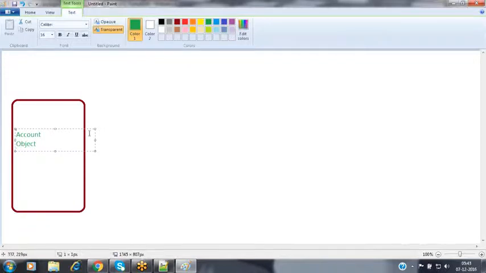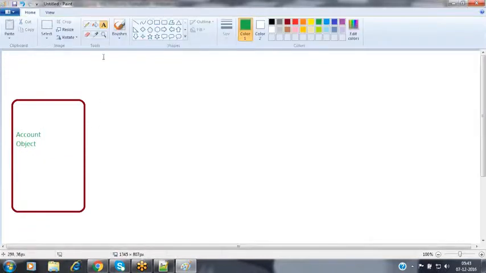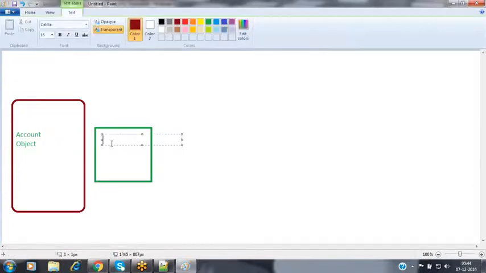This object's OWD we are making private. I'm making this object's OWD private right now.